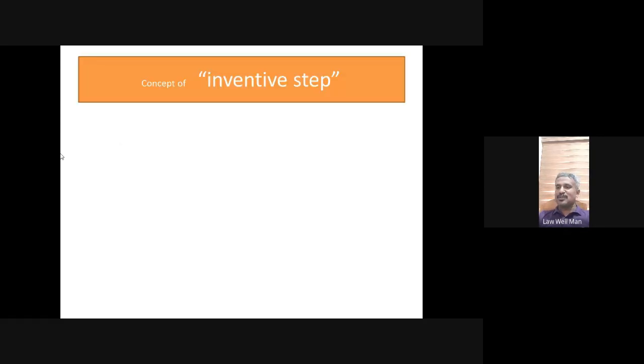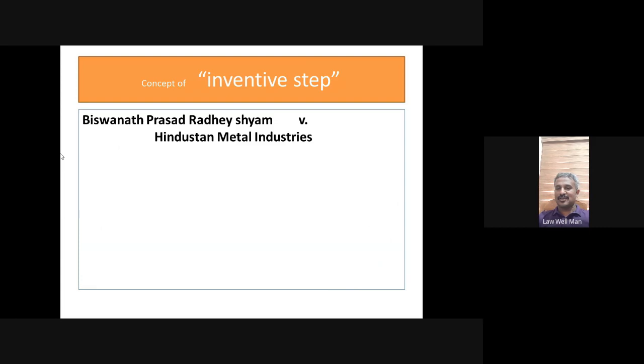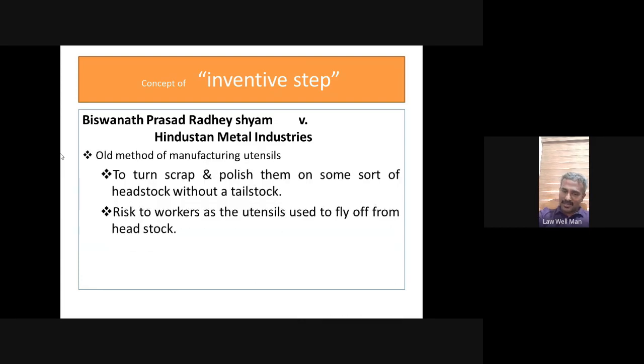So that is the process described as the first sentence there: to turn scrap and polish them on some sort of headstock without a tailstock. So there is a particular machine used in this. There's a process involved in this, and there is a headstock in that, which will be used for the purpose of turning this and also polishing this, and this is done under